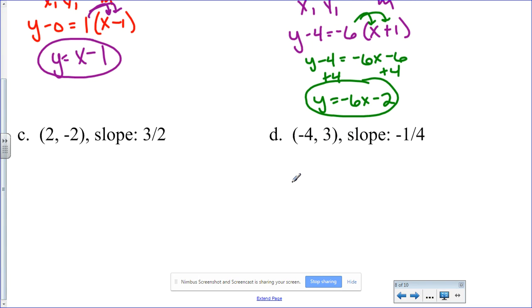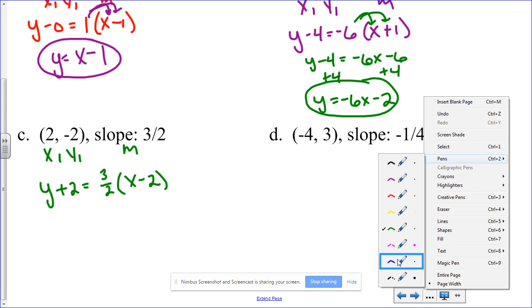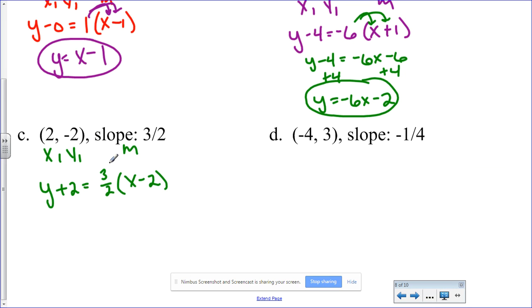Okay. Example 3, same thing. x1, y1, and then m. So if I plug these in, y minus negative 2 becomes a plus 2. 3/2 for my slope, and x minus 2. So there's my point-slope form. I need to change this to be in slope-intercept form. So we are going to distribute